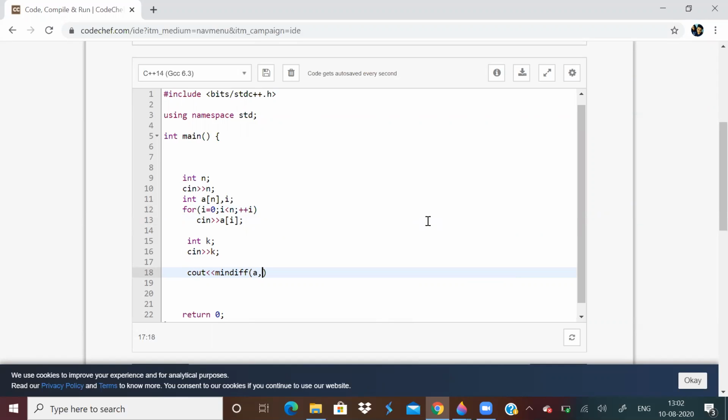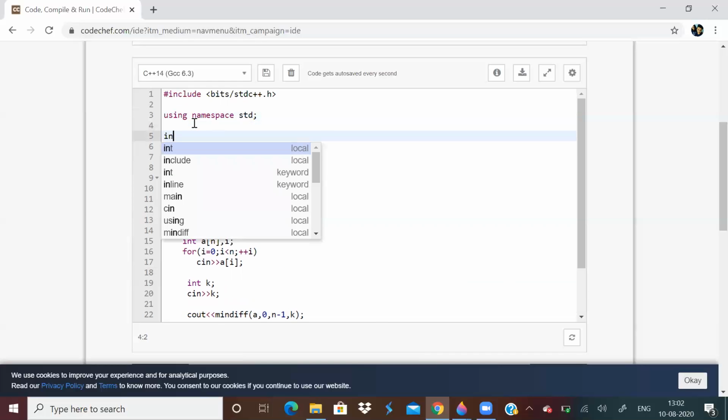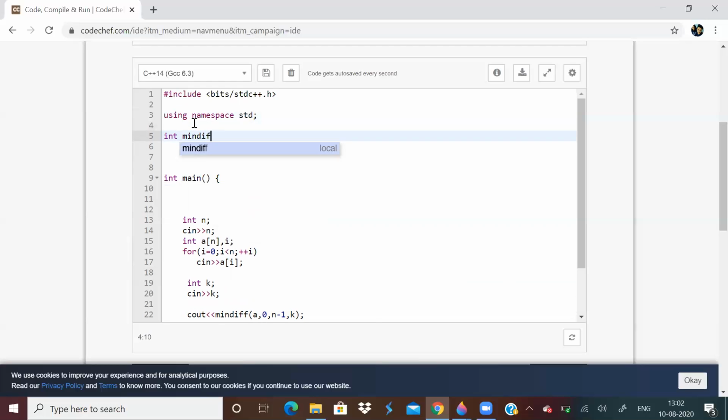We have to pass parameters to that function. So the parameters will be these. So now I will write the binary search function. Basically, I'm calling it min diff. So parameters are array, L, H, and the target element, which is K.